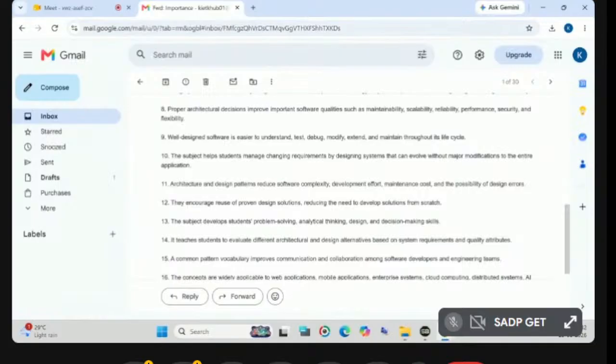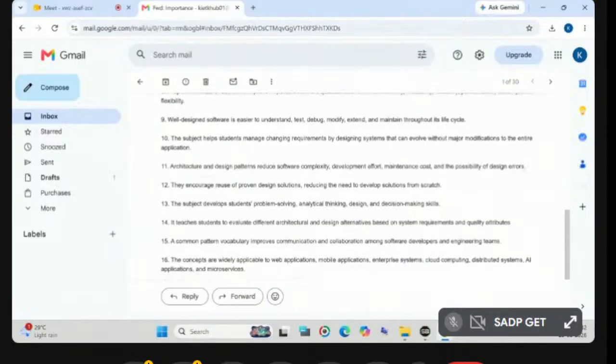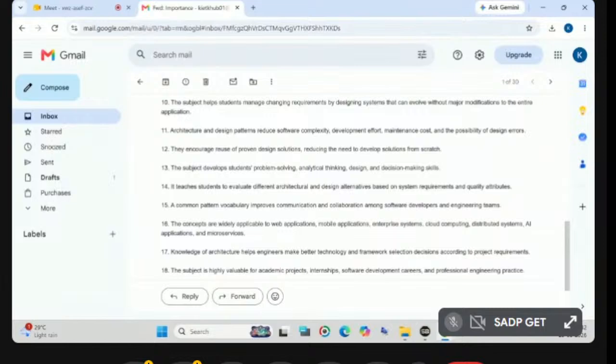identification, is going to reduce the software complexity and development effort. That is, how much effort you need to put in for that particular project is going to be identified based on your design patterns, that is designs, and your architecture. Okay, so they encourage the reuse of proven design solutions, reducing the need to develop the solutions